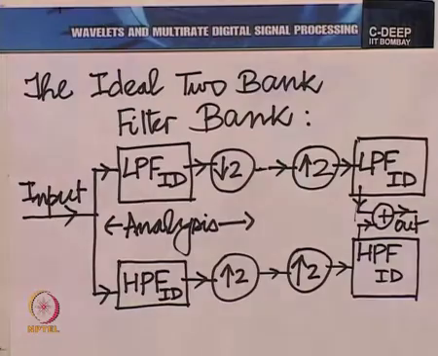Notice in the ideal 2-band filter bank, the analysis filters and synthesis filters are identical. There is no difference. In fact, on one of the branches, both of them are ideal low pass filters with a cutoff of pi by 2. On the second branch, both of them are ideal high pass filters, discrete time filters with a cutoff pi by 2 once again. So, you see complementarity there in some sense,